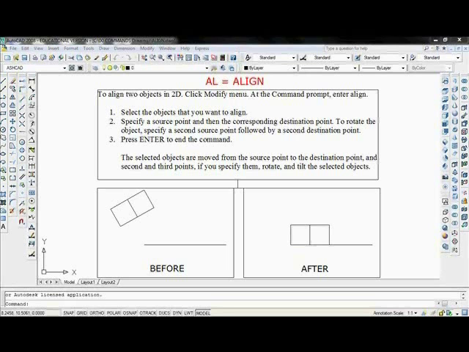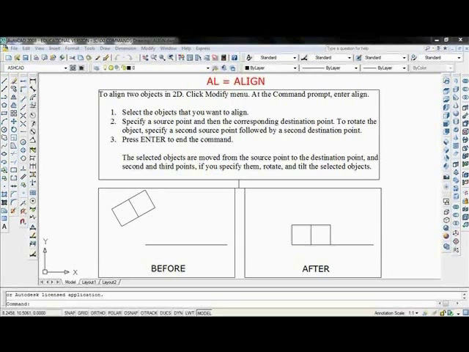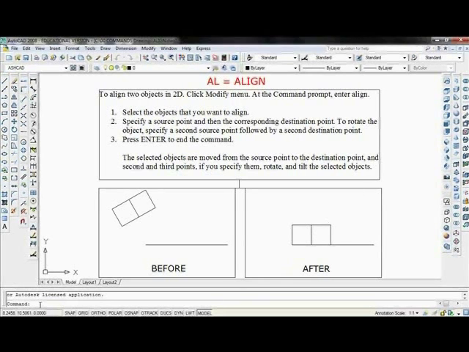This video will show how to align two objects in 2D. The first thing to do is to make the command line active, type AL, enter, and select the objects. I'll select them with a window,